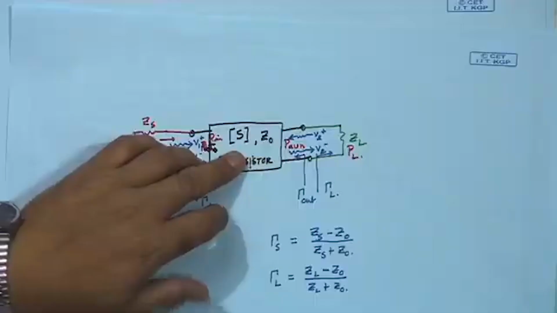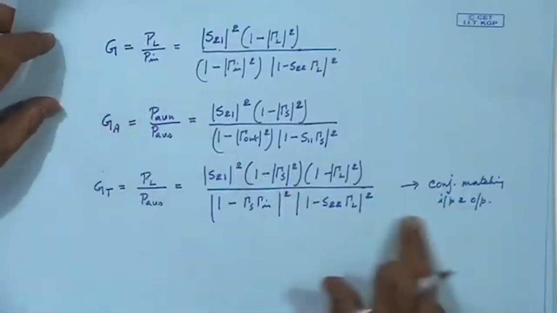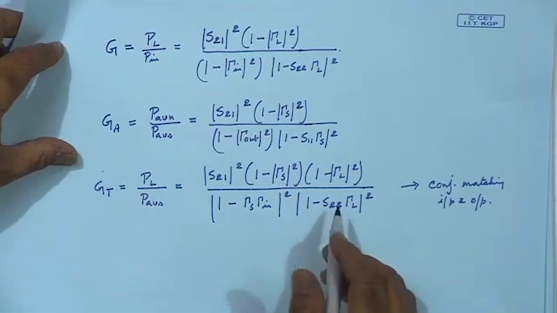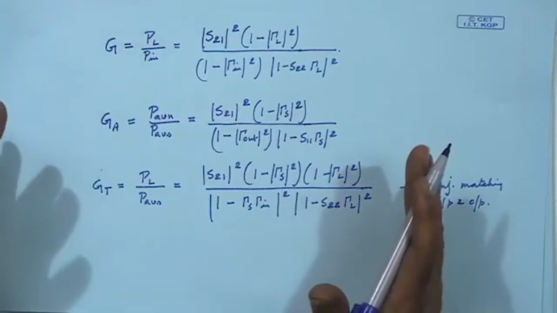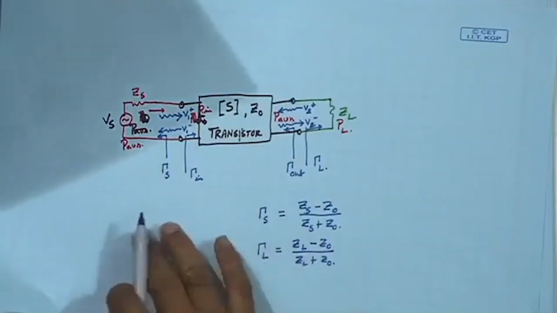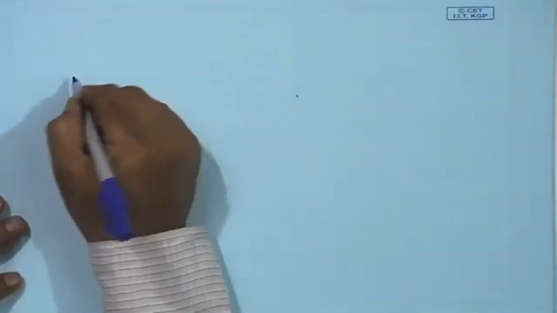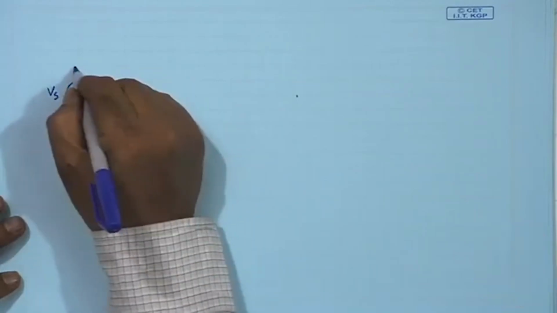I can say that instead of this design, please look at these two figures. Where is the transducer power gain, the 3 power gains. So, this was my actual circuit and this is the transducer power gain in the most generalized sense. Now, here you see that this is a total design, that means I need to find out gamma S, gamma in, etc. But now this whole thing I can attempt like this, that I have a source Vs here, I have